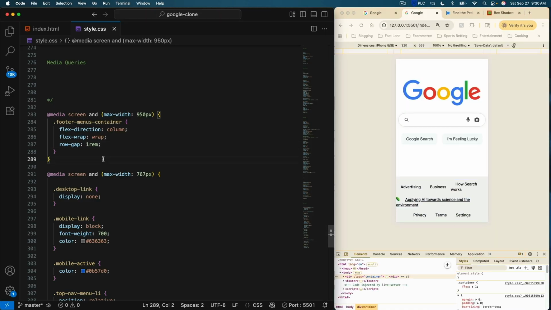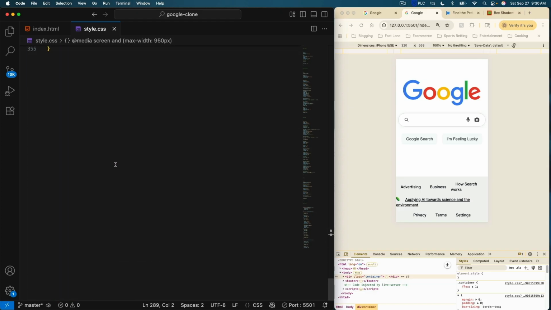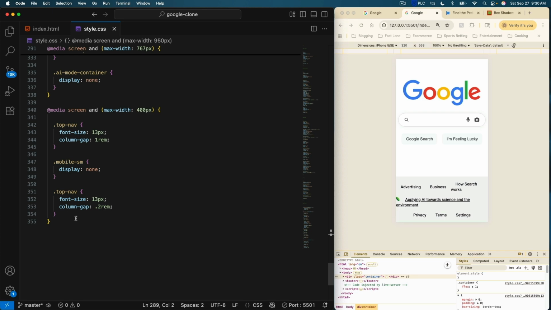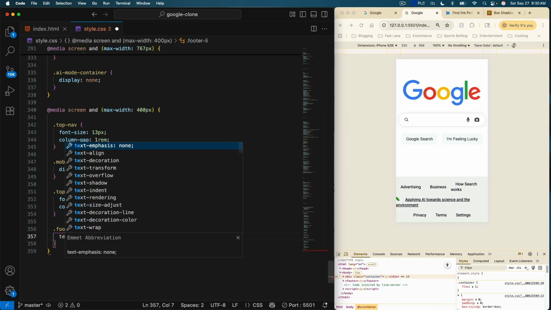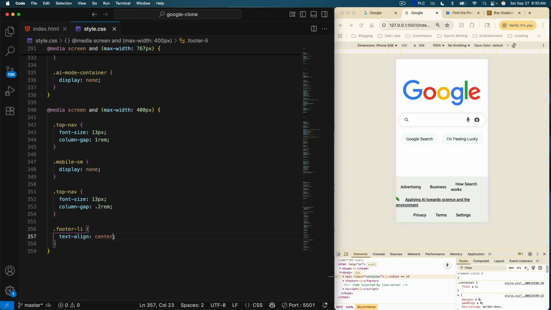So what we'll do is go down to our 400 pixel and lower, and we'll say our footer LIs. We're going to make sure that they're always text aligned center. So that'll fix that link really. And then we can make the font a little bit smaller. So we can say,